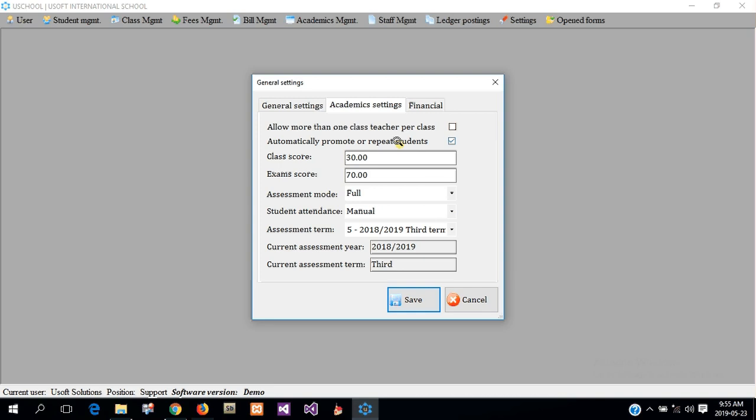Then we also have the option to automatically promote or repeat students. Now we have the means of defining the promotional structure from one class to the other. With this system, we have the option to set it to automatically promote the student when he meets the pass mark, or repeat the student when he or she does not make the pass mark. This is also an option you can turn on or off. If this option is turned off, then you would have to manually promote the student from one class to the other. But if it is on, then the system will use the defined marks for promotion from one term to the other